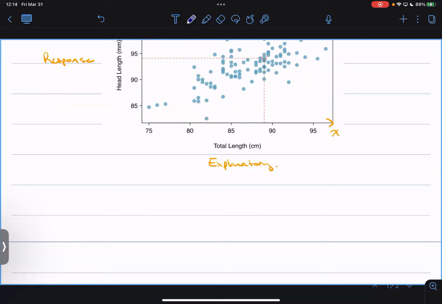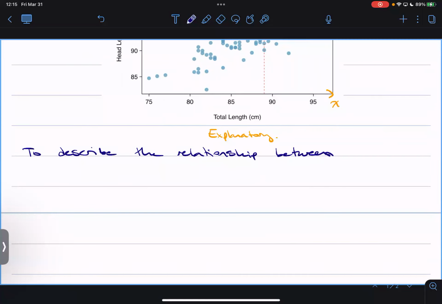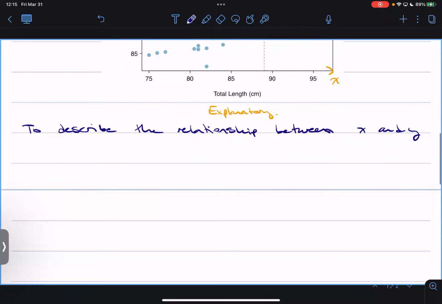So to describe the relationship between X and Y, just generically, right? The explanatory variable and the response variable. We discuss 3 things: